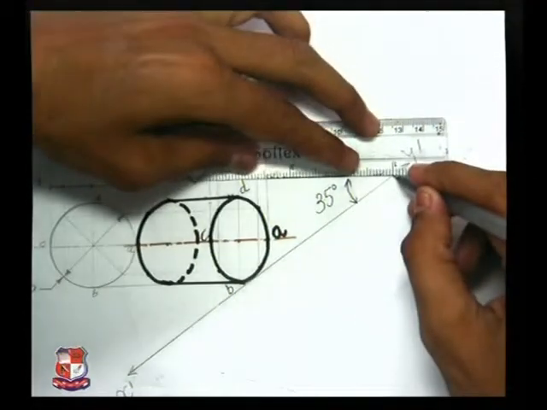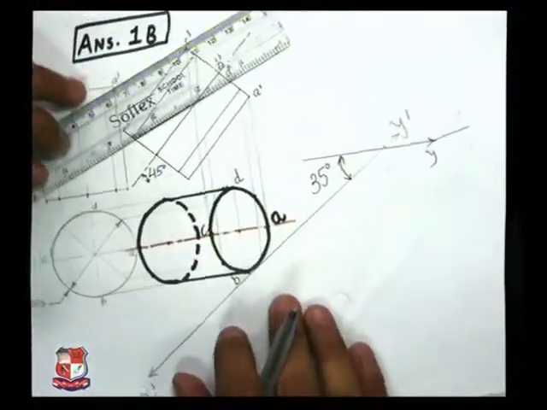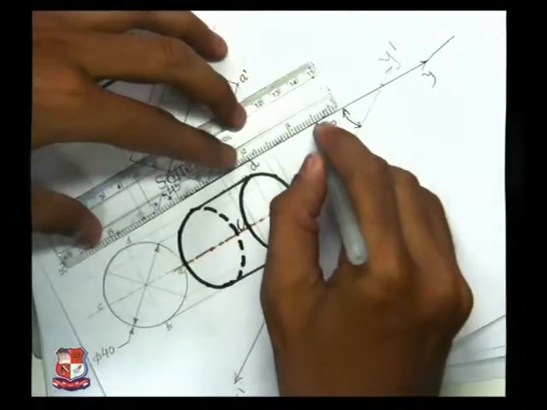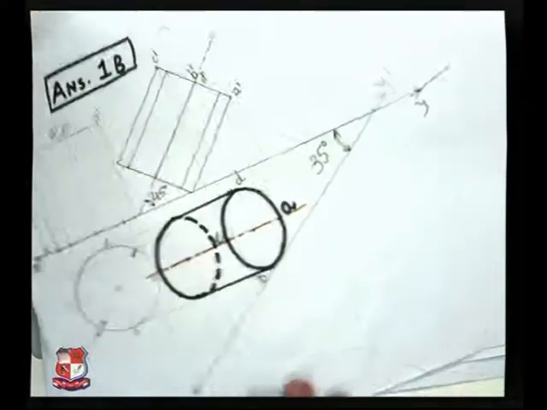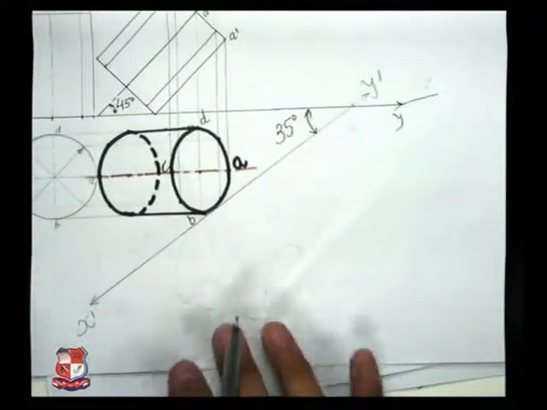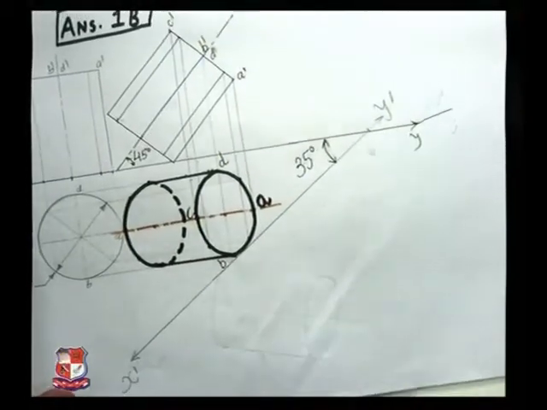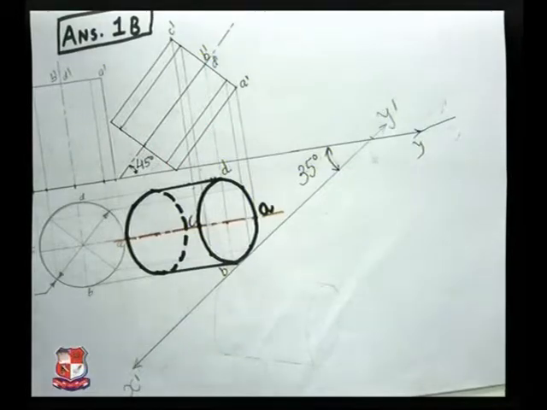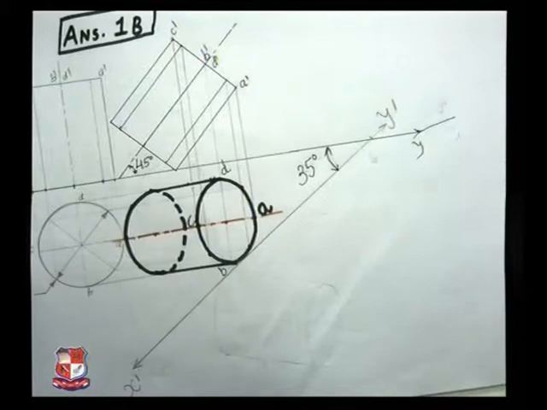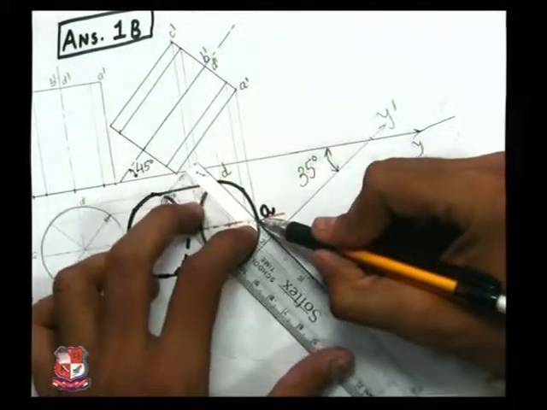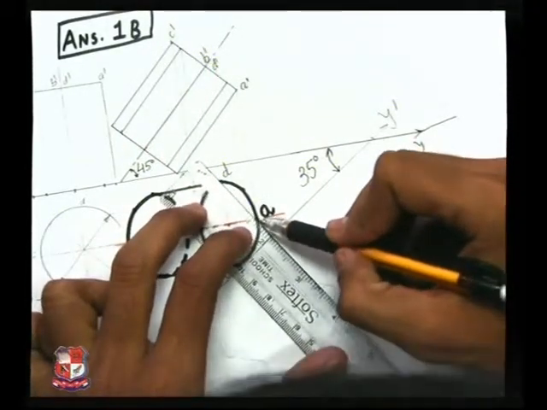This is the XY line as we drawn earlier. This is XY line. Represents intersection of HP and VP. And angle between XY line and X dash Y dash line is 35 degree. Now we have to draw its front view over here by the same analogy which we employed in the previous problem. So for that, let me draw lines perpendicular to this reference line from each point like this, perpendicular to this XY line from point A, B, C and so on.